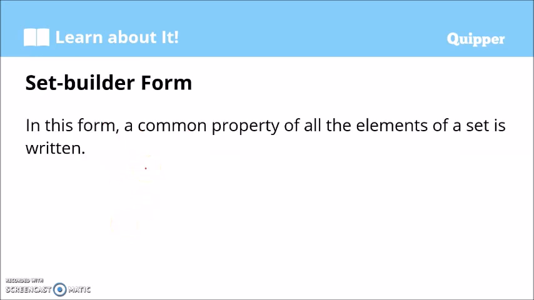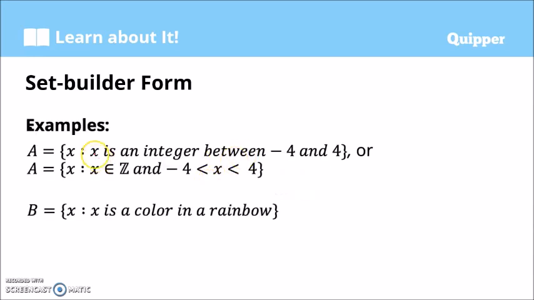Now, we also write a set using a set builder notation or set builder form. In this form, a common property or characteristic of all the elements of a set is written. So, ano ba yung common characteristics ng mga elements sa isang set? And that's what we write in the notation. Example, A is the set of X such that, this two dots here or colon, we read that as such that,